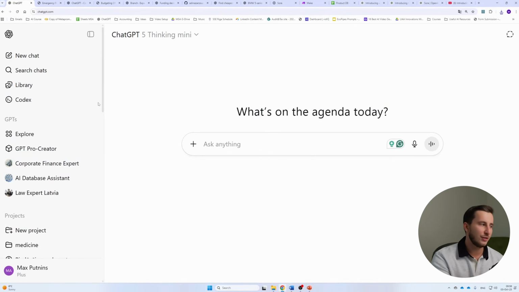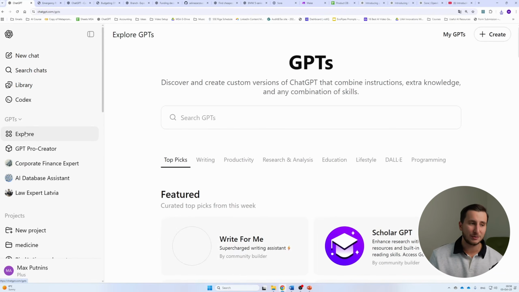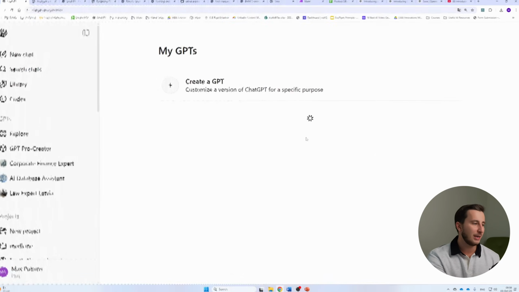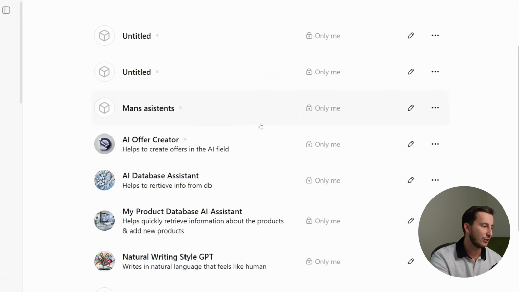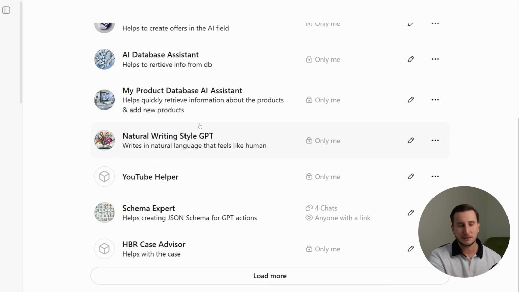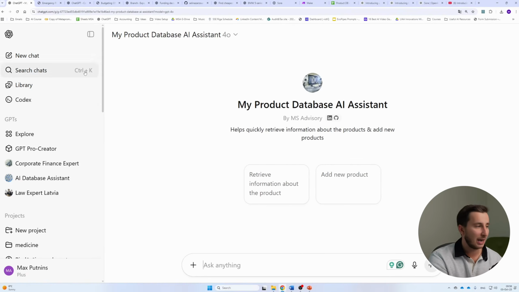All right, and the next feature I wanted to show you is the update to GPTs. Unfortunately, for two to three years there were almost no updates to custom GPTs, and this is so disappointing, because I used them many times, I think this is a very powerful feature, and I have plenty of my own GPTs pre-created before. The main update they had is this: